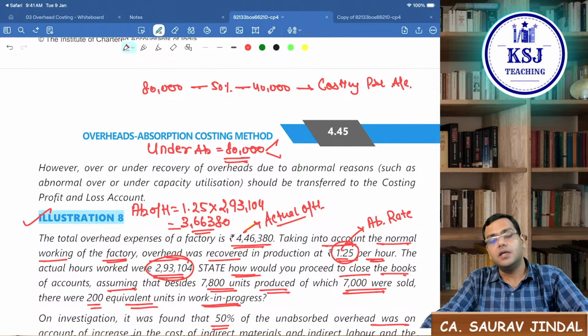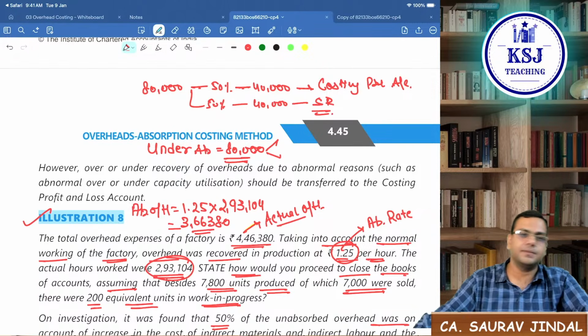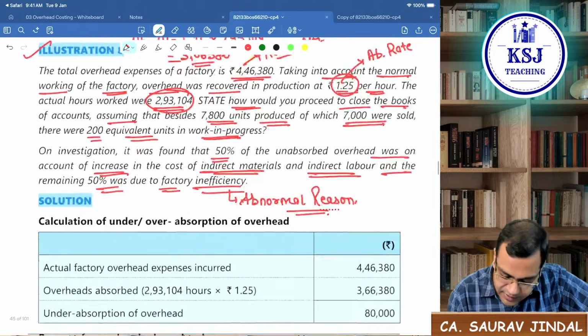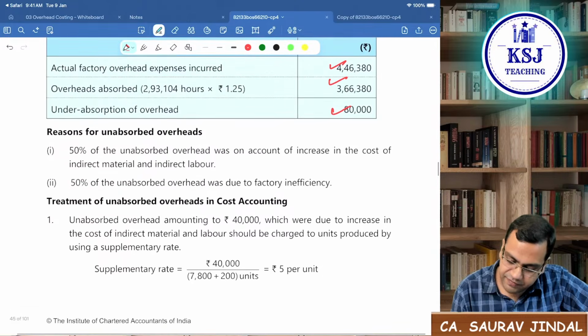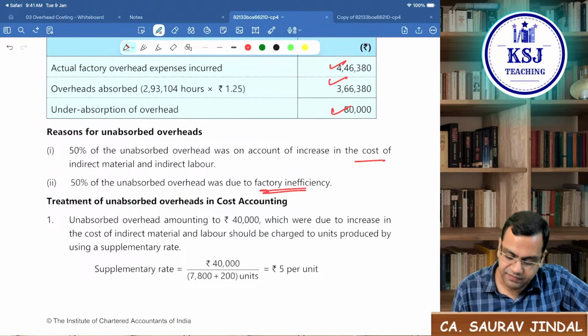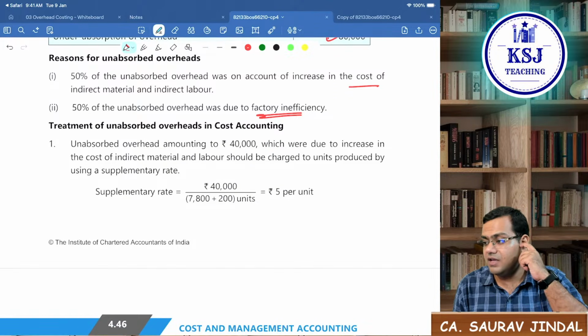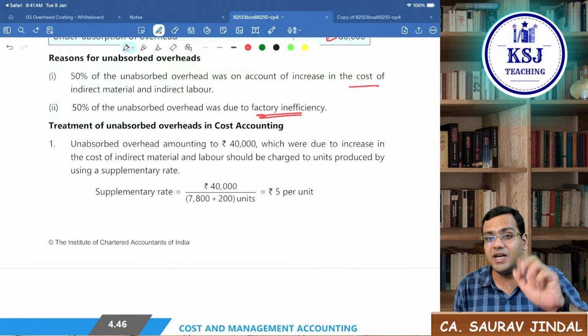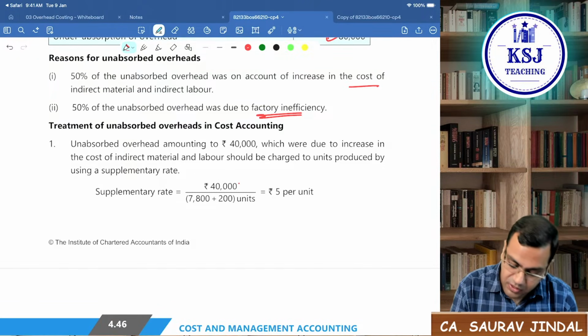Because it is due to the inefficiencies. It is due to your problem. For the remaining 50%, that is 40,000, we will calculate the supplementary rate. Clear? This is what they have done. Actual factory overheads under absorbed: 50% on account of increase in the cost, 50% due to factory inefficiency. So they have calculated the supplementary rate. How will you calculate it? Now be very careful. When you are calculating the supplementary rate, do not take 80,000. The supplementary rate will be calculated only for the 40,000. So 40,000 divided by WIP units of 200,